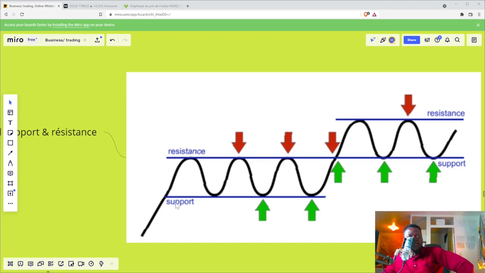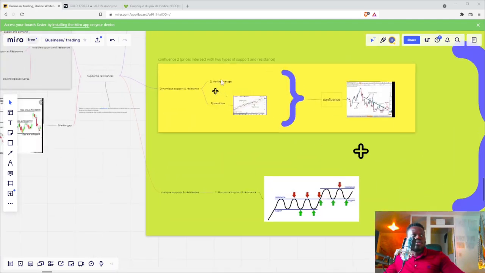After that, you have the same logic for the support. The price goes down and hits this level one time, two times, and three times. You can call that a support for the price. And the more the price hits this level, the stronger this level is. You have different kinds of support and resistance, but you need to understand how strong the support and resistance are too. You feel me?